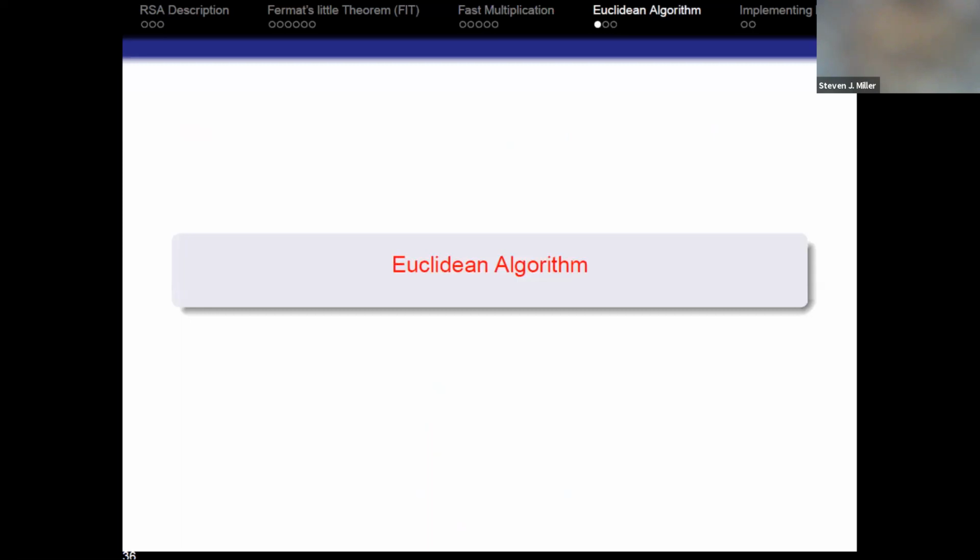Okay, so now we're switching to the next part of the RSA lecture. So Fermat's little theorem allowed us to find candidate primes very quickly, and then there were methods that we can move from candidate to actual primes. And we got to use the totient function again and see a little bit of the group theory lurking in the background. We then just did Horner's algorithm to show that we can do things better, but Horner's algorithm wasn't good enough. We then did fast multiplication. So these huge exponentiation problems aren't going to be bad. But there's one thing that's left. We have to find two numbers E and D such that E times D is 1 mod (P minus 1)(Q minus 1).